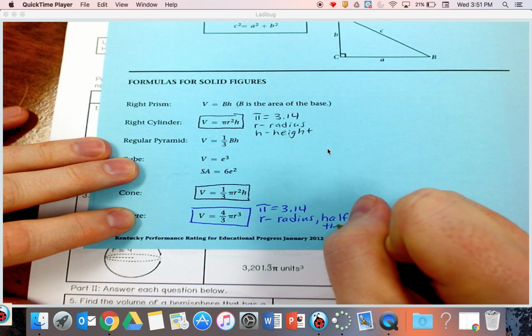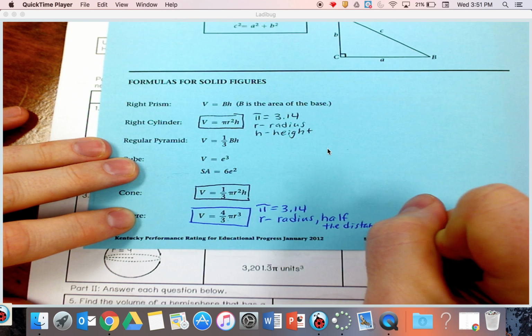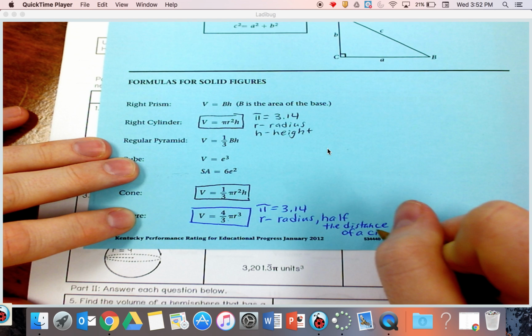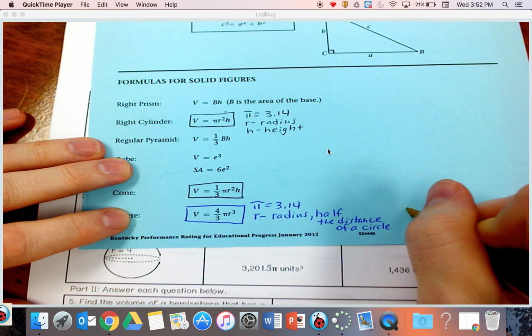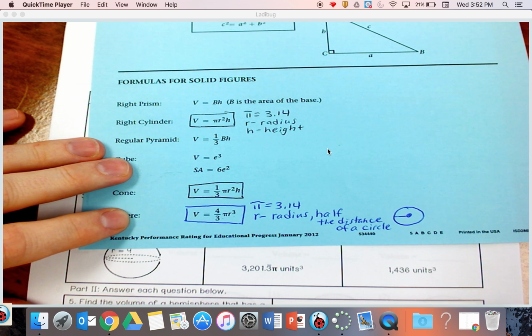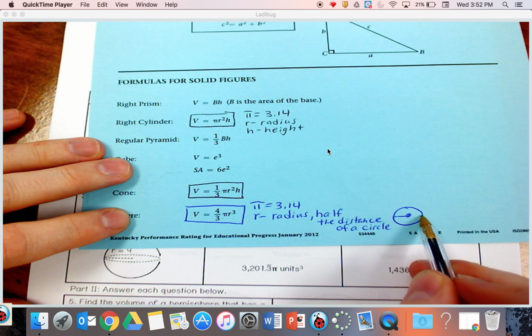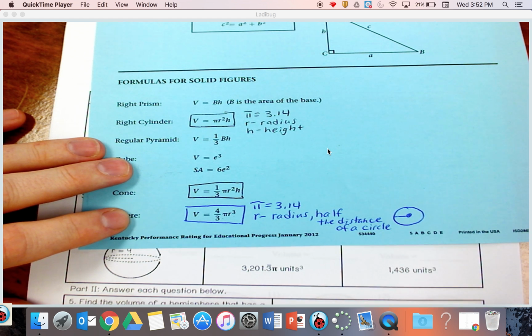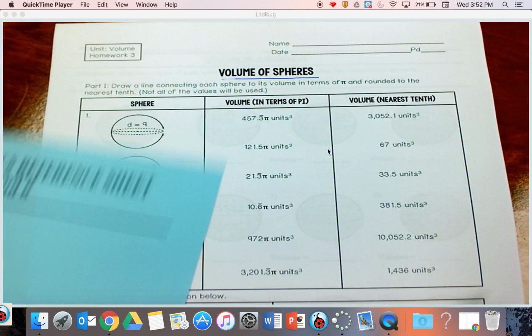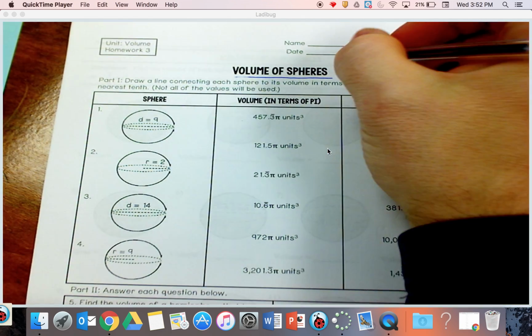half the distance of a circle. So it kind of looks like so. Remember that you have your circle right there. There's a radius. It's halfway across the circle, so half the distance of a circle. Remember, if you have a diameter, the diameter goes from one end to the other. So we're going to be doing radius, and we're not squaring it, but this time we're taking it to the third power. So what I would do is write down that formula every single